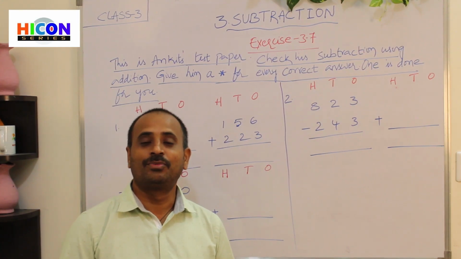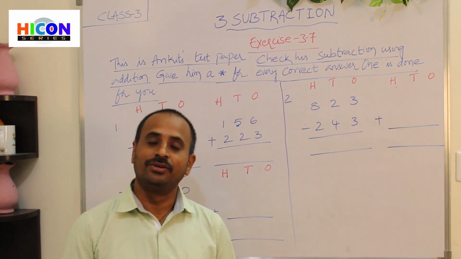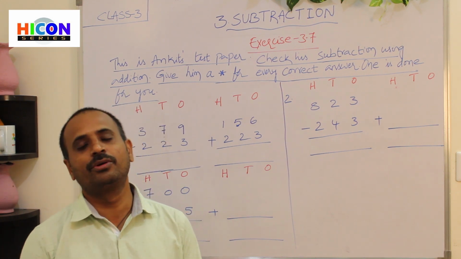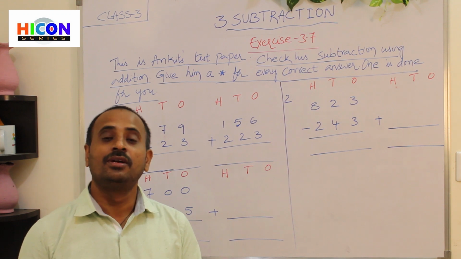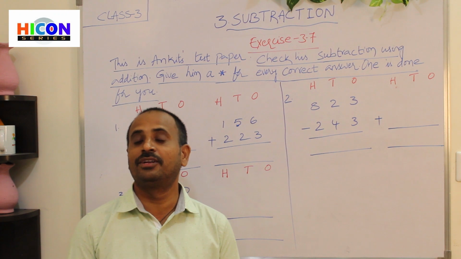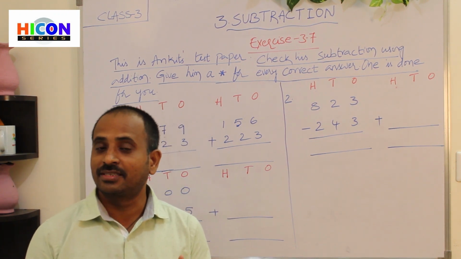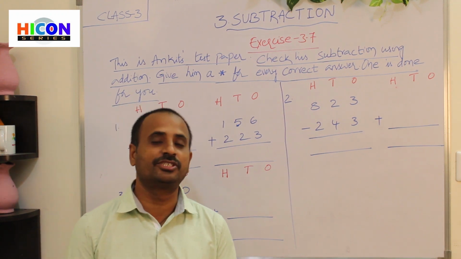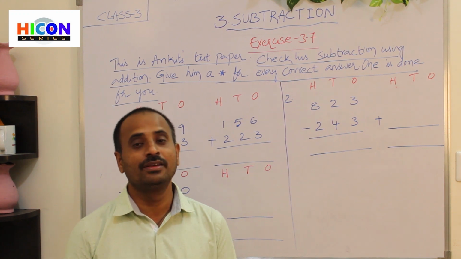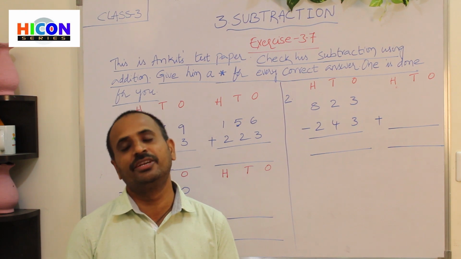Children, good morning. Up to now we have discussed the subtraction of 4-digit numbers with regrouping and without regrouping, and also how to estimate the difference of two numbers and how to compare the difference with another number. And now we are going to discuss the relation between subtraction and addition. Already we have discussed in earlier episodes the relation between subtraction and addition, and how we can check the subtraction by addition.